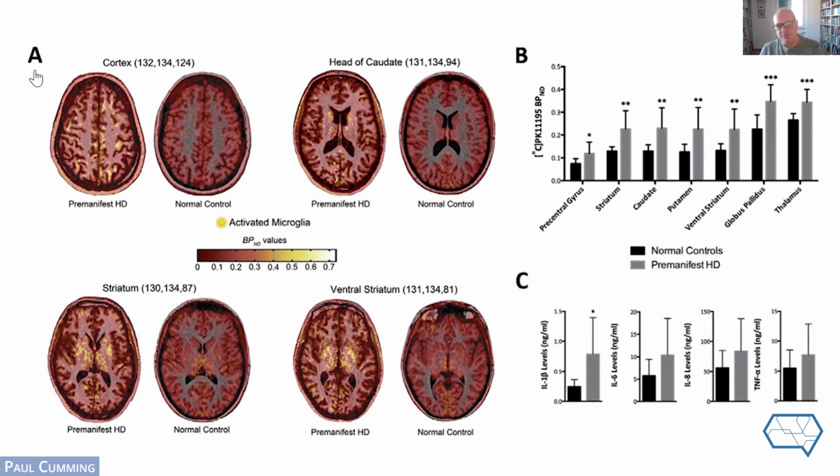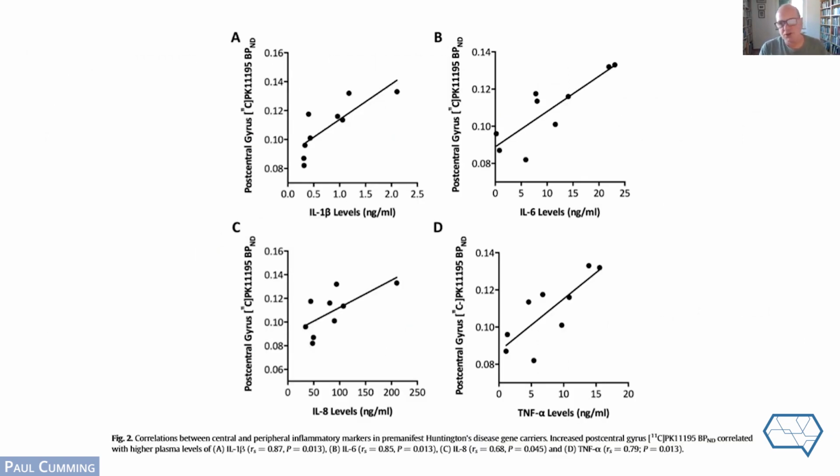And furthermore, it's perhaps less interesting, but they showed that interleukin levels in plasma were elevated, suggesting that there's a peripheral component to the inflammatory response also in Huntington's, which is consistent with what we heard from the previous lecture, that Huntington's is a systemic disease involving pathologies in practically every organ of the body. Next slide. And we'll just skip over that, but it shows that there's a correlation between individual plasma markers of inflammation and the PET results for microglial PET.